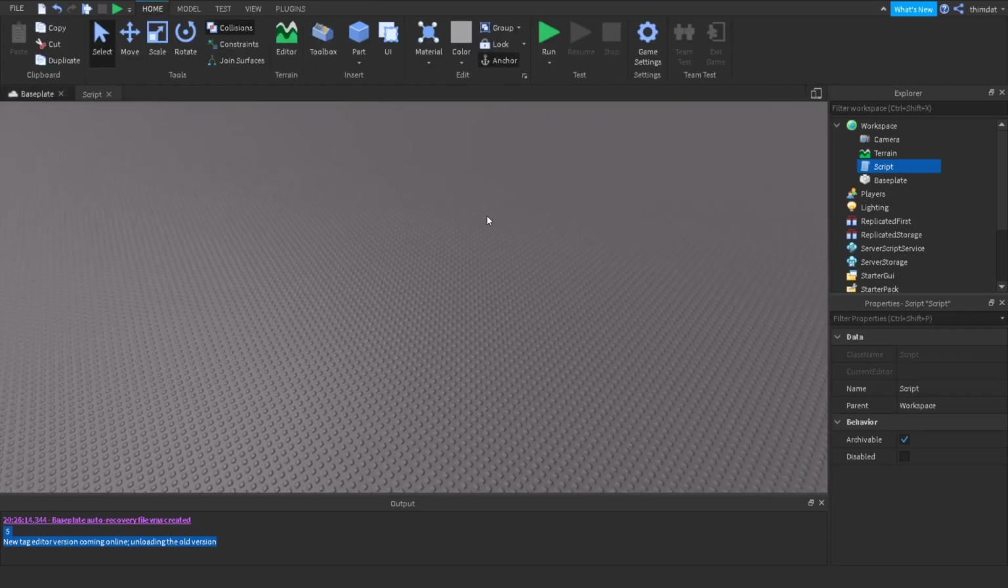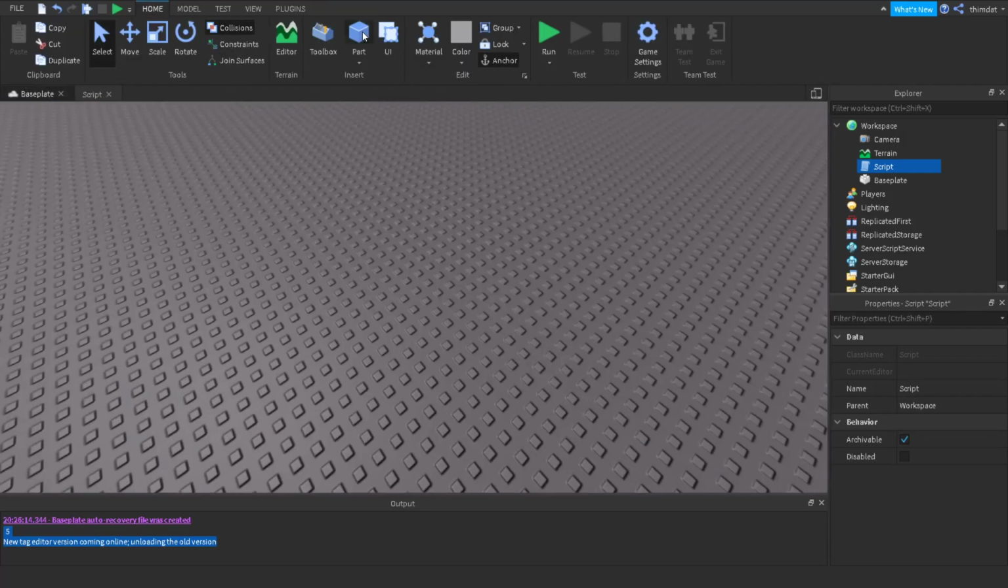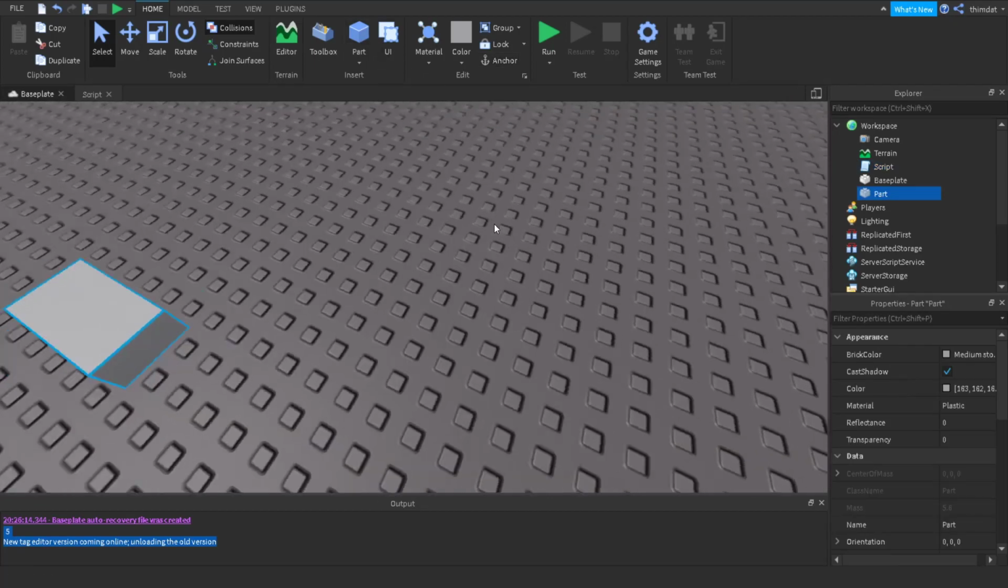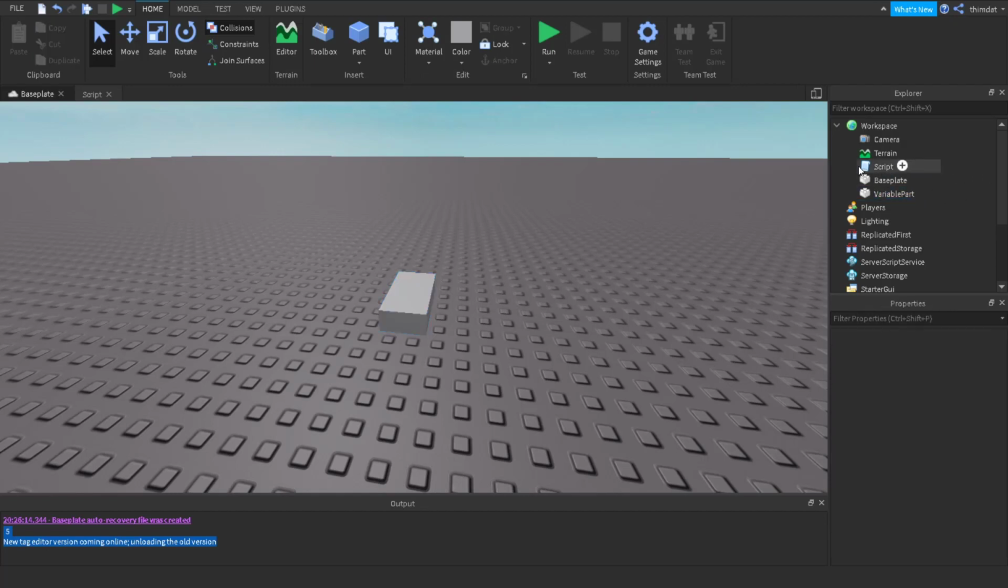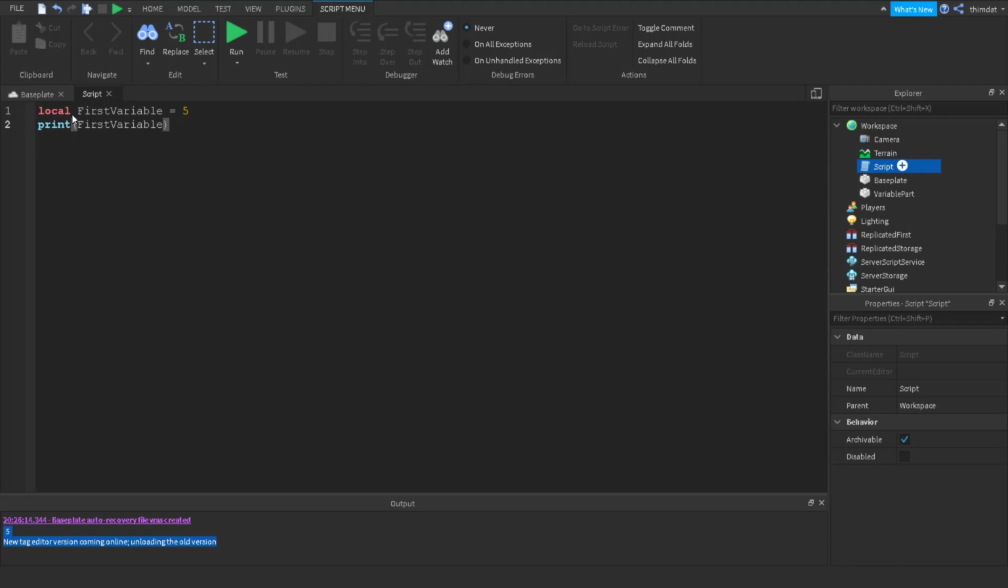I'm going to create a part here and name this part variable part. And go back to our script. And now I want to set our variable to this part here. So to do that you do